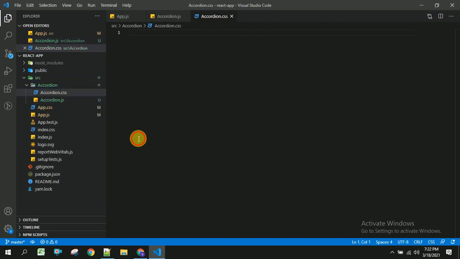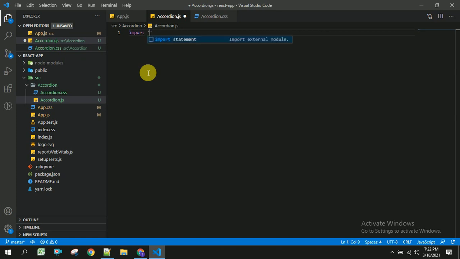Let us save this, and inside this I am going to import the accordion CSS file, accordion.css, and I am going to create the component.